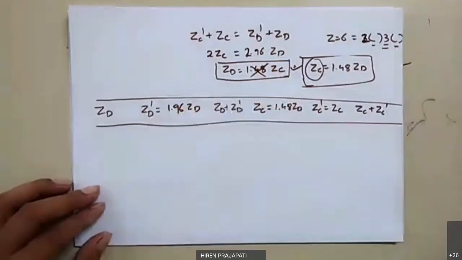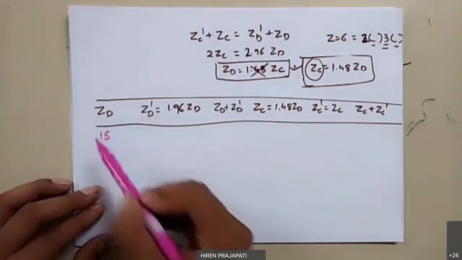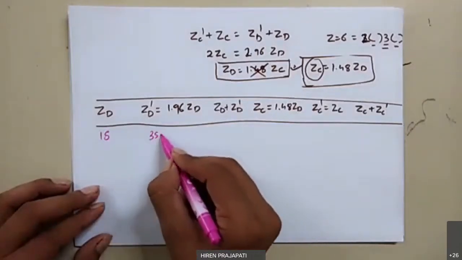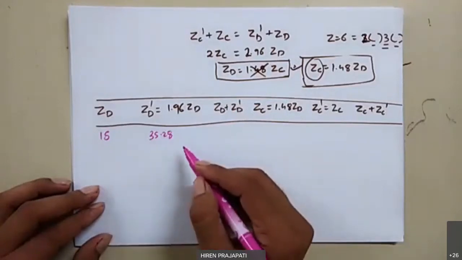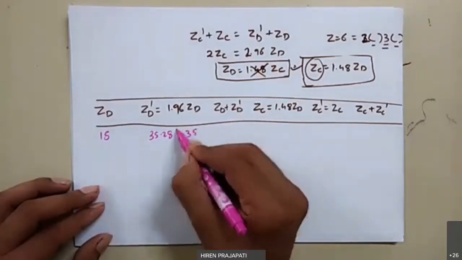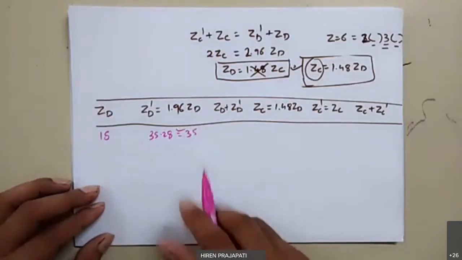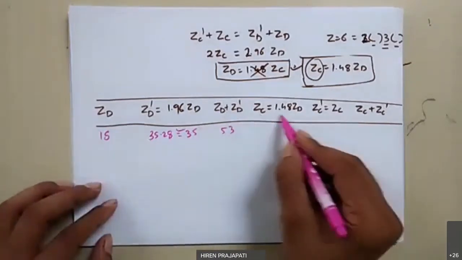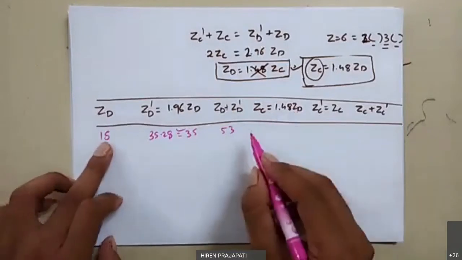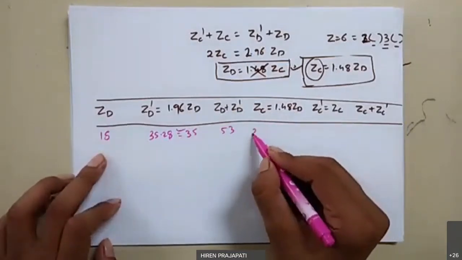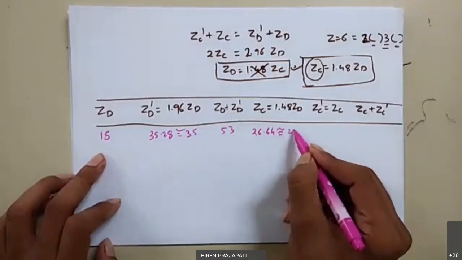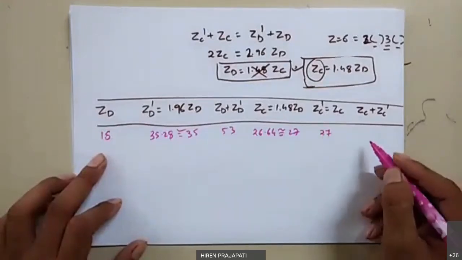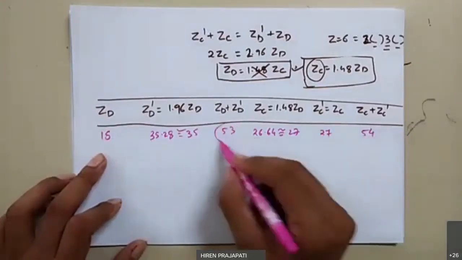Now, if we write values, first we assume ZD as 18. If you assume 18, you will get this value as 35.28, right? So you assume it as 35. You go for some round off, right? This is the issue only. Here you get the total of these two columns as 53. Now, if you solve 1.48 into 18, you will get 26.64. Again, you need to round off and you get 27, right? Then as per this equation, this is also 27. Now if you make the total, you get 54. So these two do not match.